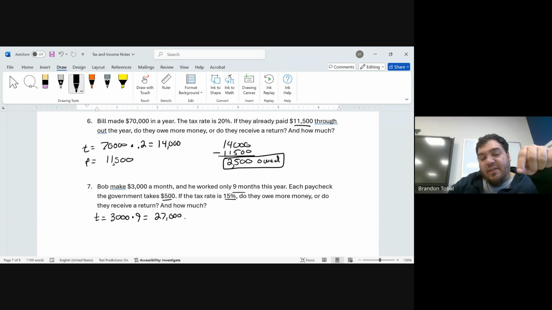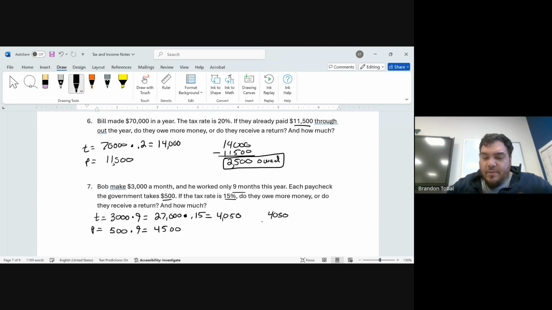But that's not how many taxes he owes. I have to then times it by 0.15. So I got to do 27,000 times 0.15. That's going to be 4,050. That's how much taxes he owes. But he paid every paycheck $500. So 500 times 9, he already paid 4,500. So we still do the same thing. 4,050 minus 4,500 is going to become